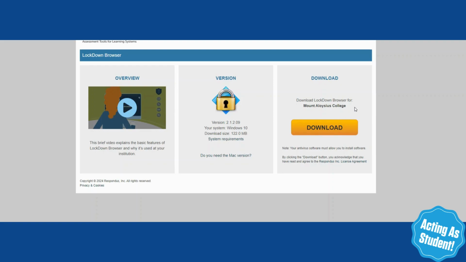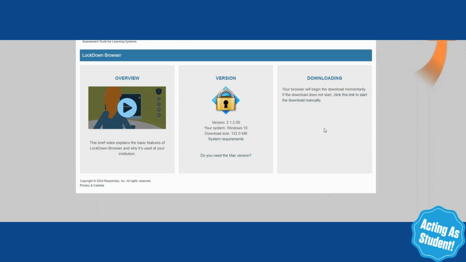So that link will take them to whatever their specific device needs. If it is a Windows computer, they will see exactly this. It will read what their system is. If it is a Mac computer that runs on iOS, they will see that option here and it will give them the download option for iOS. If it's an iPad, it will take them to the App Store and they will download the Lockdown Browser app. And if it's a Chromebook, they will download a Chrome extension for that instead. But no matter what it is, this link will automatically read what device they have and give them the correct download button. So when they click that download button, that is going to go into their downloads